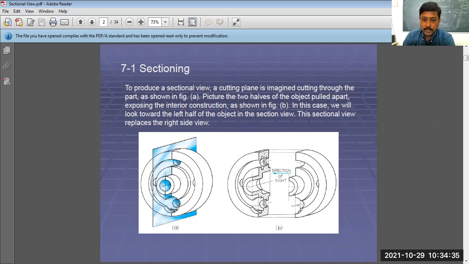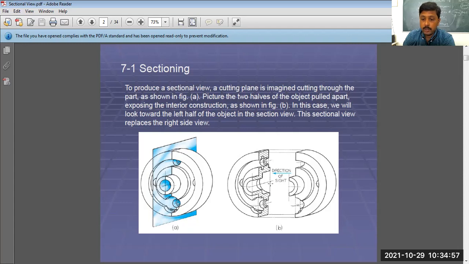So the interior construction that has been hidden up till now is exposed. So we will look toward the left half of the object in the sectional view. This sectional view replaces the right side view.